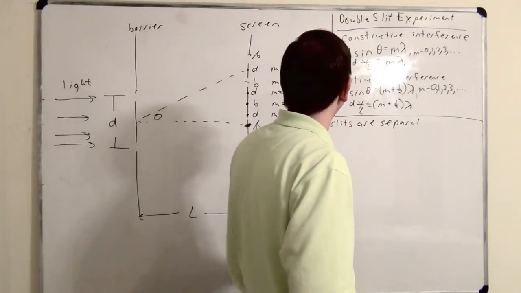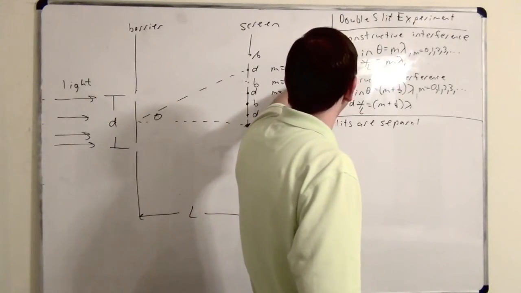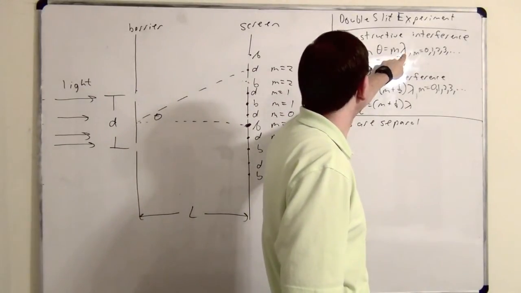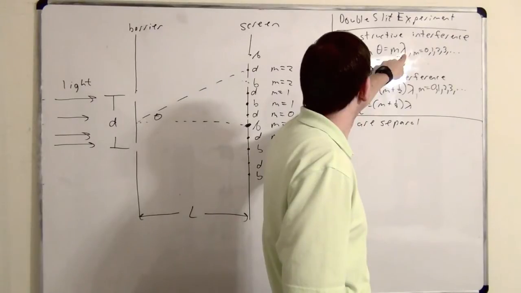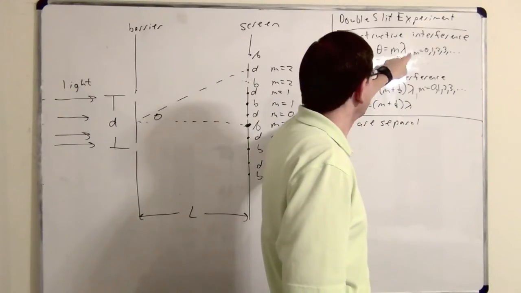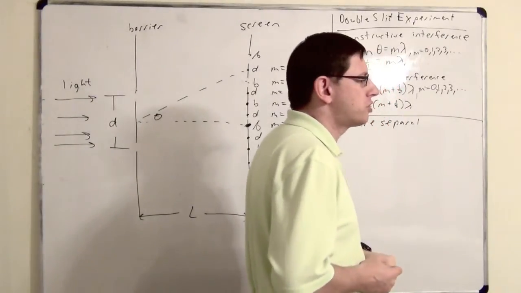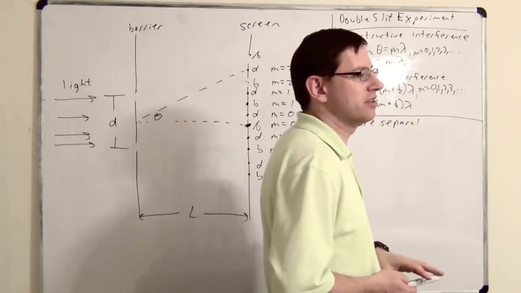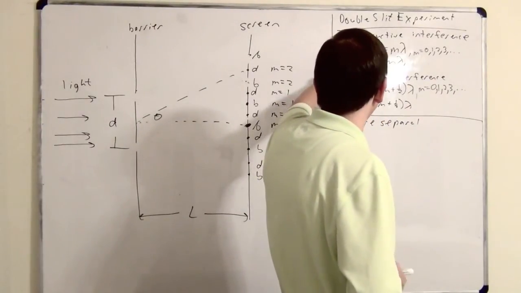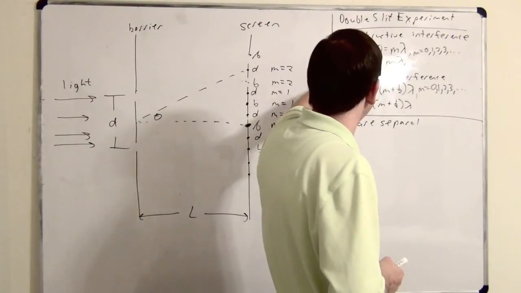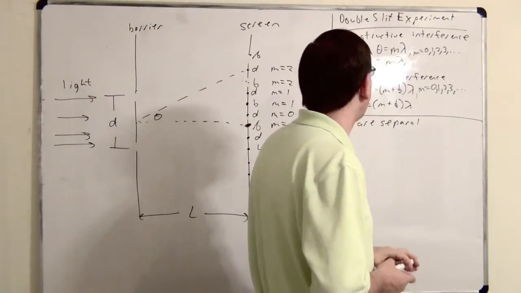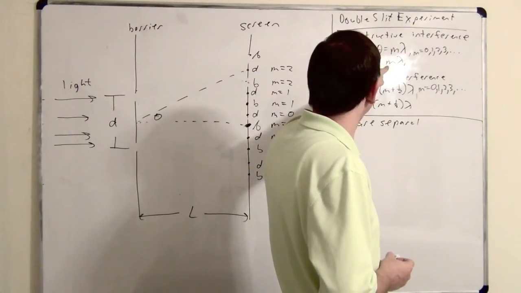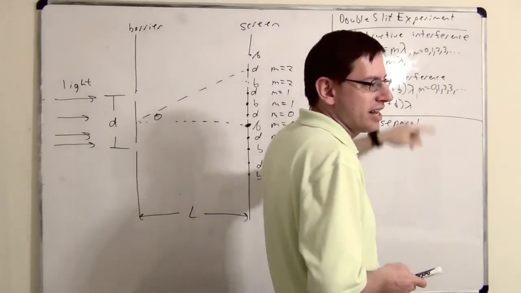So what are the SI units for D? Meters. How about for lambda? What are the SI units? Nanometers? Meters. Why did you say nanometers? Well, it's true that it's common to use nanometers, but that doesn't make that the SI units. Any distance, the SI unit is always meters. What's the SI units for y? Meters. And for L? Meters. Because they're all distances. What are the units for m? No units. It's an index. It has no units.